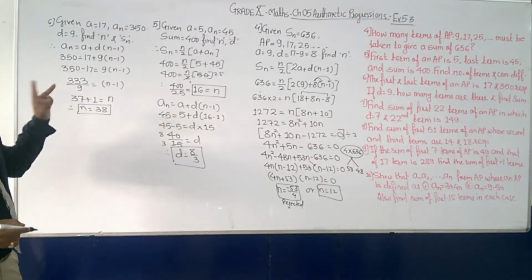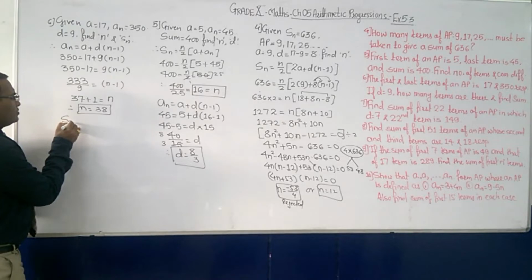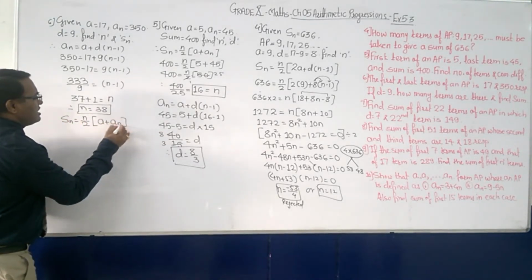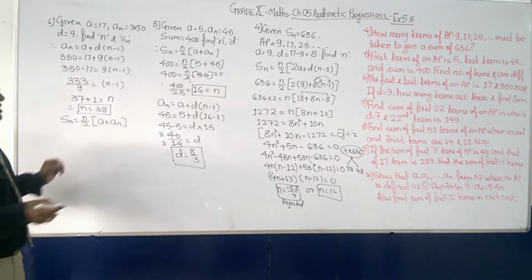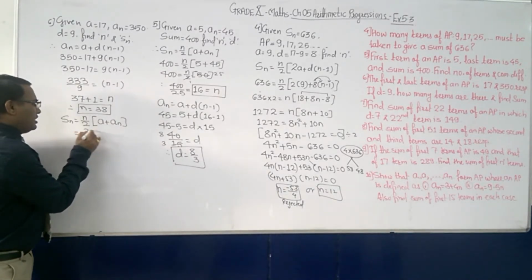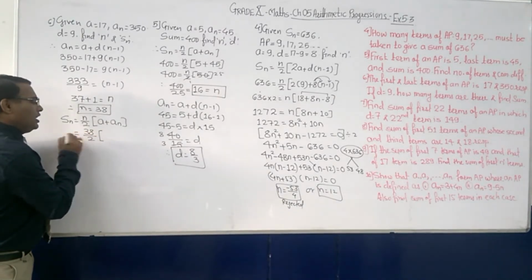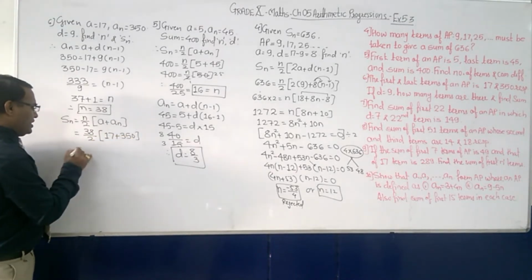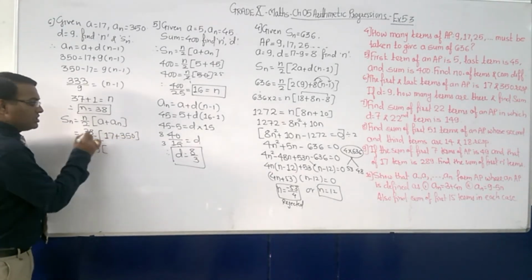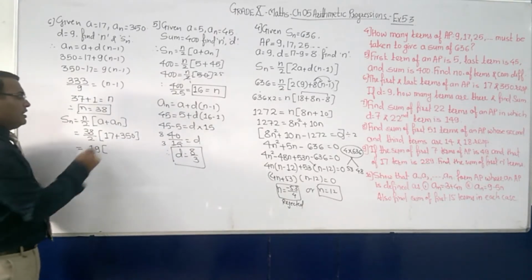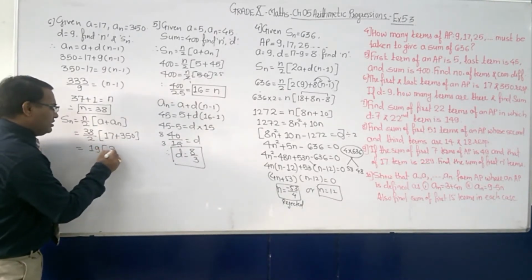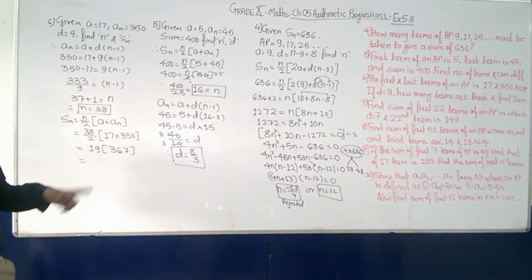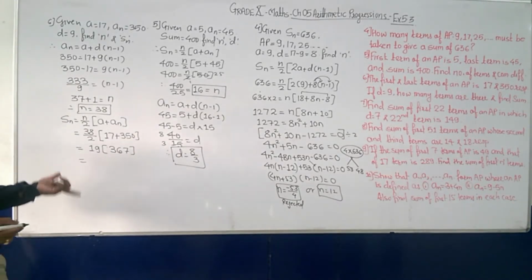Now you got n, Sn you have to find out by using the formula n by 2 times (first term plus last term), because we know here the first and last term. So directly it is what? 38 upon 2. a is equal to 17 and the last term is 350. In this way it is 19, because 38 divided by 2 is 19. 350 plus 17, 367. And then the multiplication of these two you can find out.